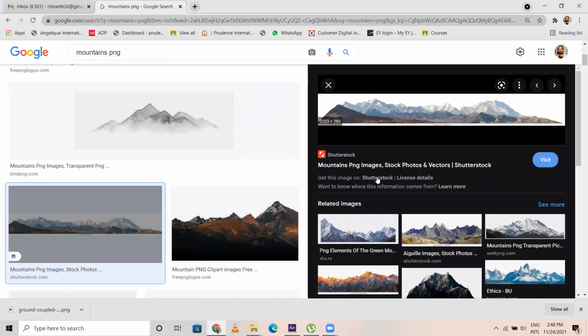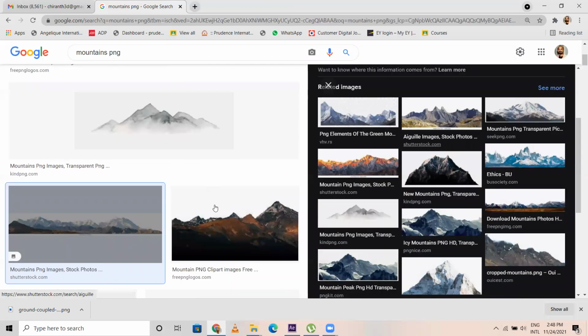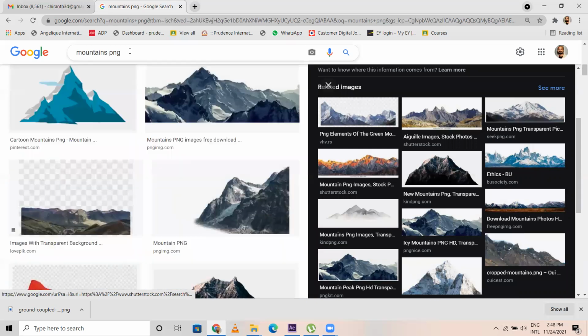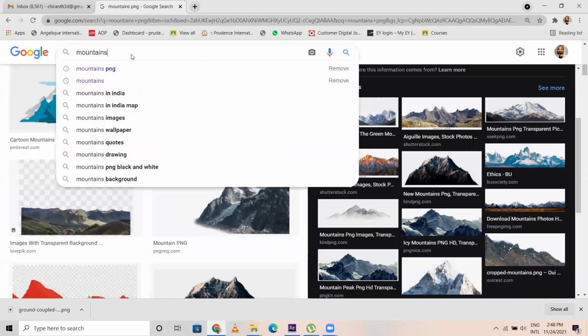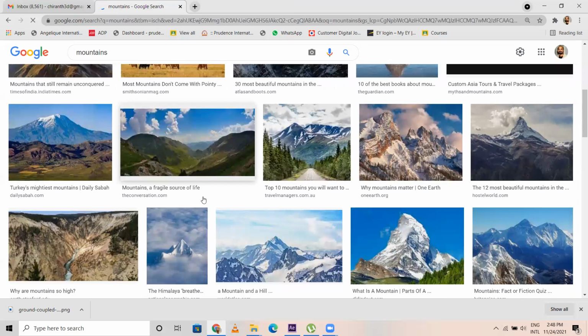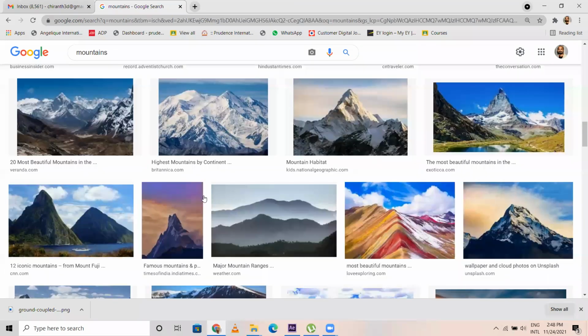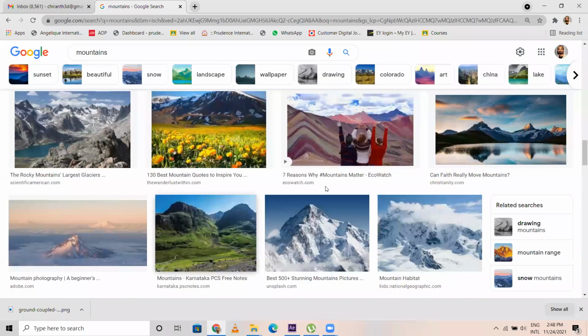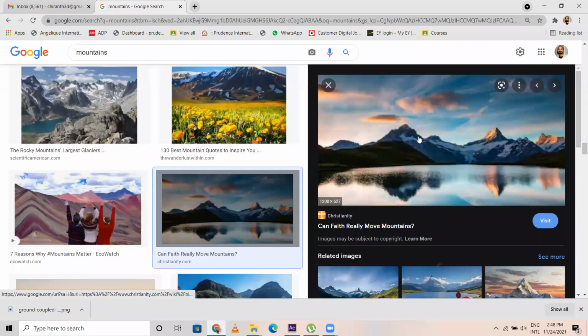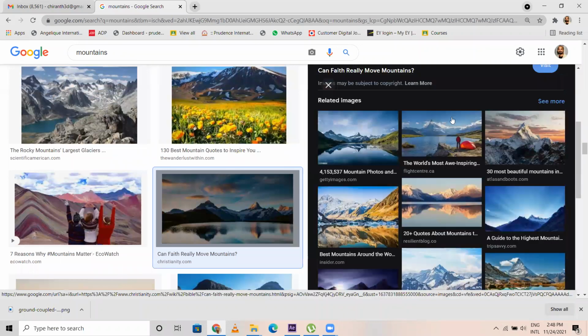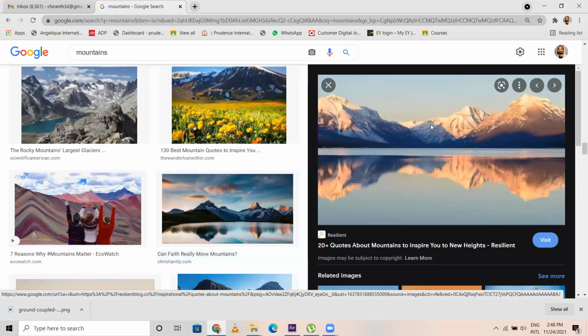So this is of Shutterstock. Let's say not required of Shutterstock. I think this is good.